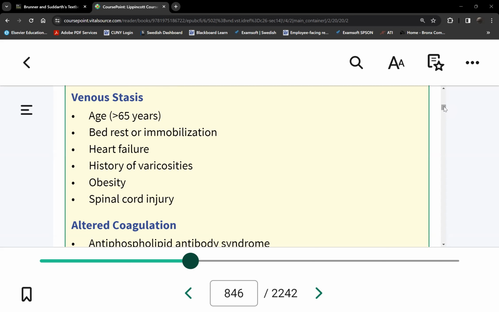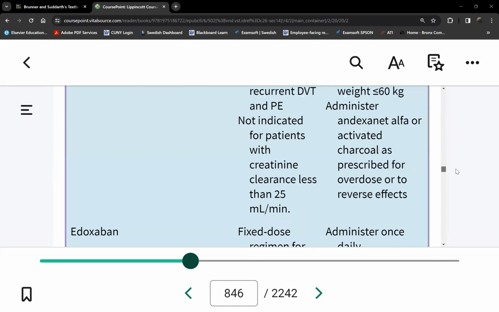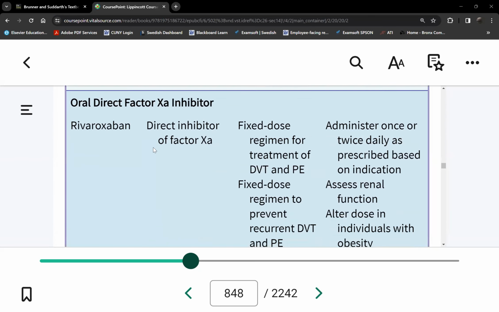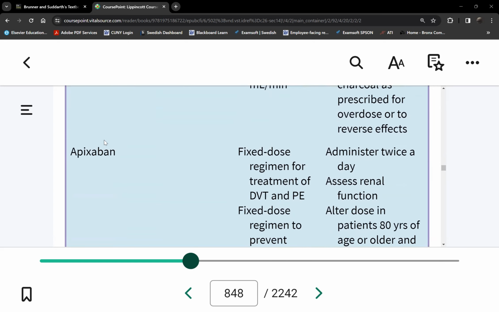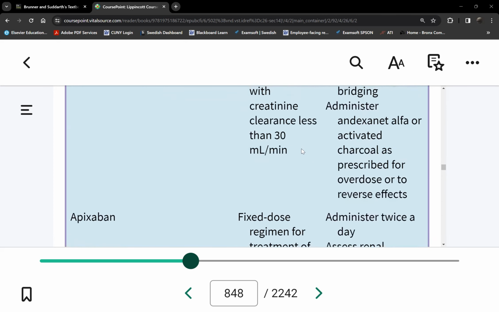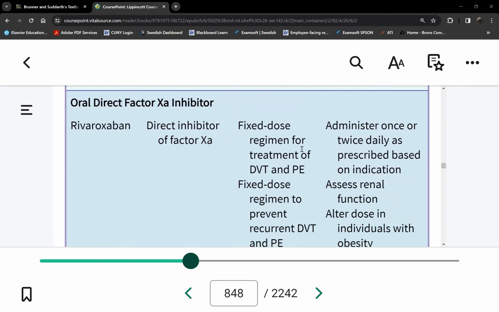But non-valve problem and then lower risk, the patient can be on these ones. So these are the 10A inhibitors. So we've got rivaroxaban, apixaban, edoxaban, betrixaban. Does that make sense? So who gets these again? Lower risk